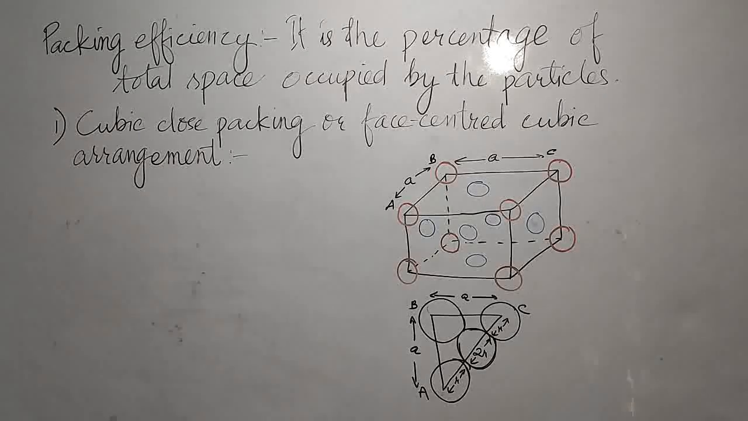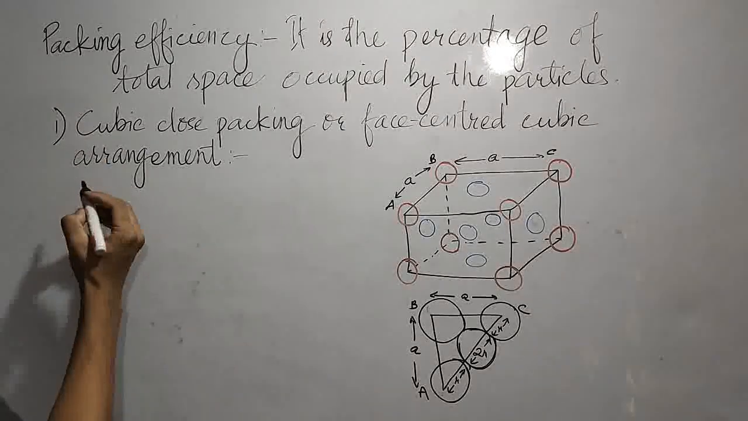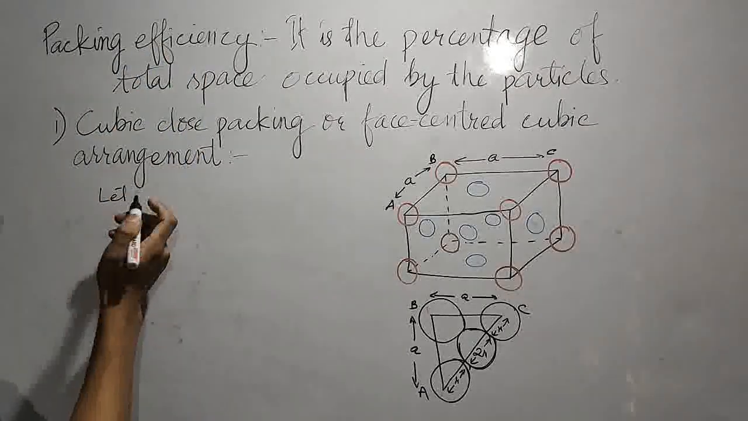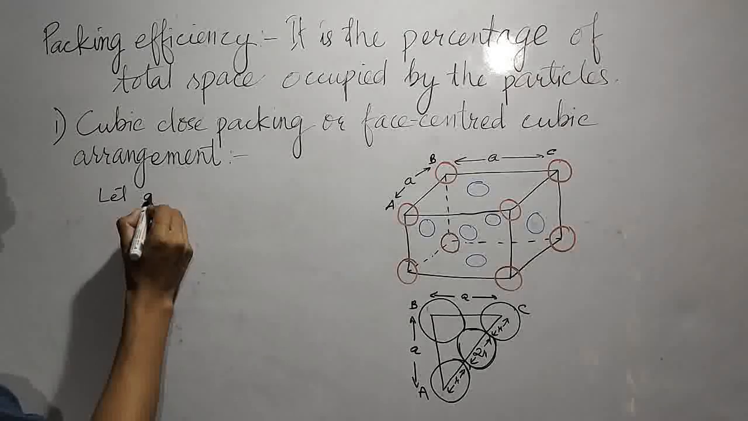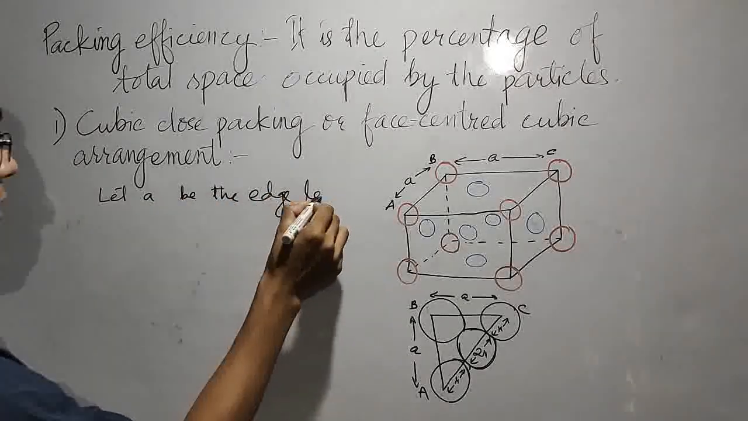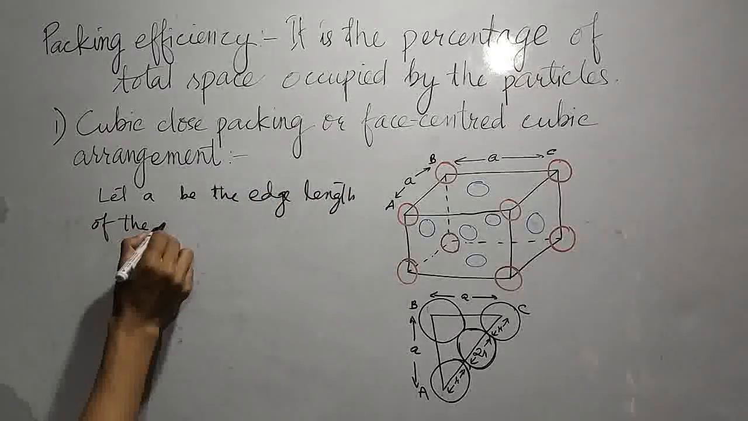In this type of arrangement, 8 particles are present at the 8 corners of the unit cell and 6 particles are present at the 6 faces of the unit cell. Let us move straight to the derivation to find out the packing efficiency. Let a be the edge length of the unit cell